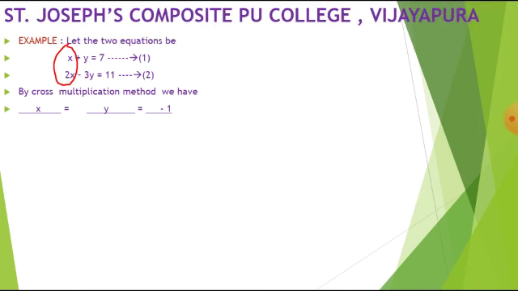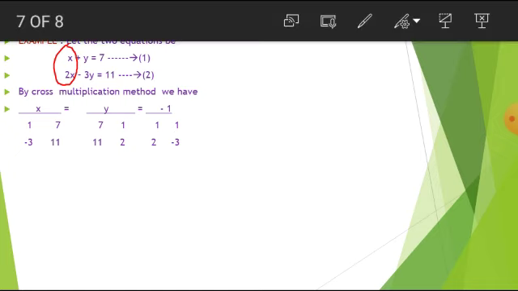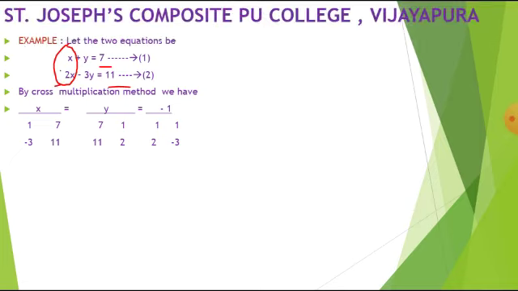That is 1 7, minus 3 11. Then y by, it is 7 1, and 11 2, that is equal to,